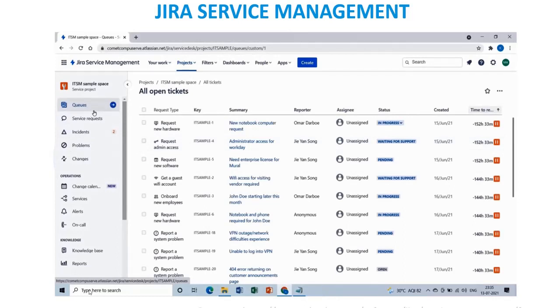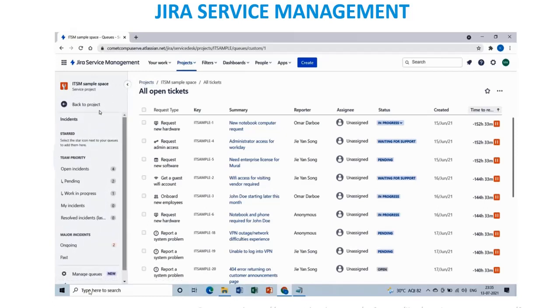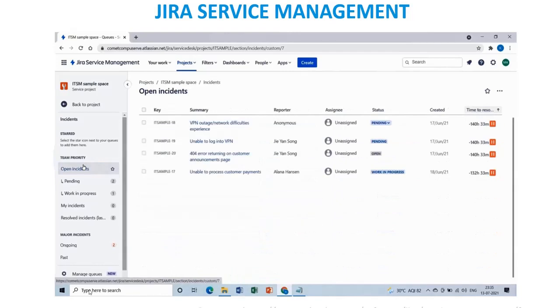You can see the overall requests available in the system. We have other statuses like open incidents, pending, work in progress, closing, and other things available for ticket flow, for example.